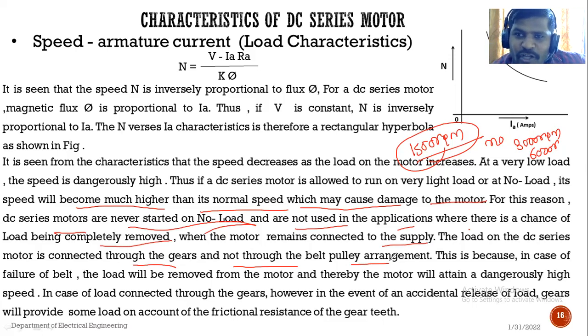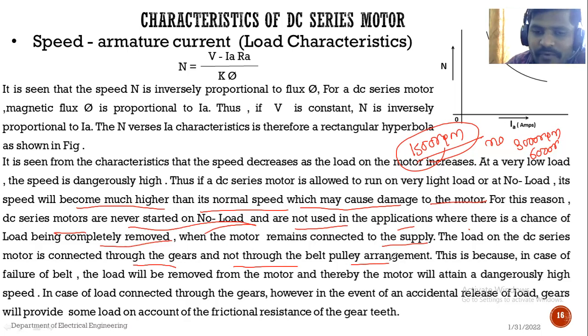At that situation load on the motor is zero. मोटरवरती लोड राहील का? No, sir. So that means load on the motor will be zero. And if the load on the motor is zero, it will run at a dangerously high speed. So such a motor should not be used in applications where there is some chance of the load being removed. लोड रिमूव्ह होण्याचे किंवा कट होण्याचे चान्सेस आहेत, त्याच्यामध्ये